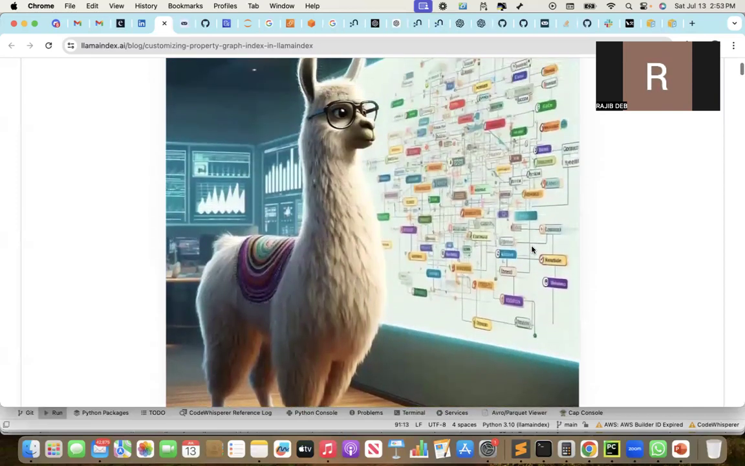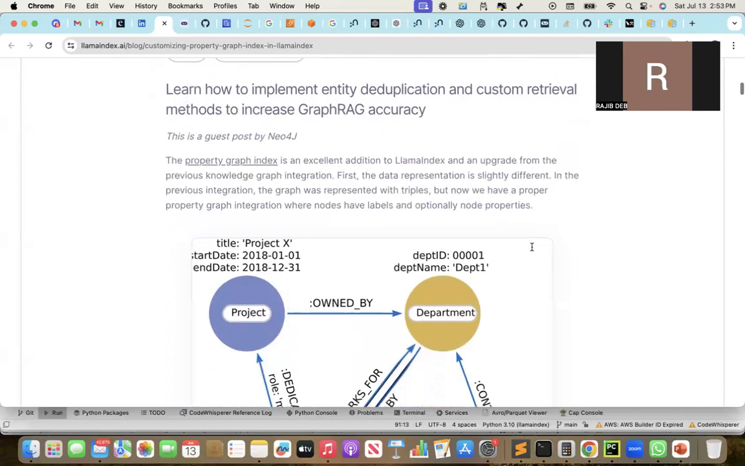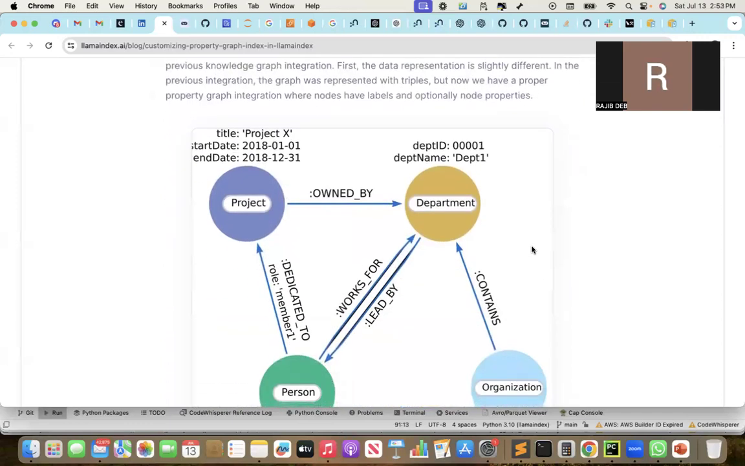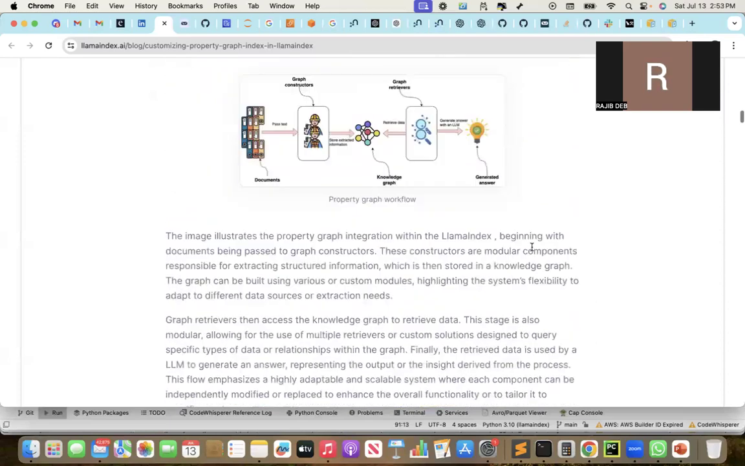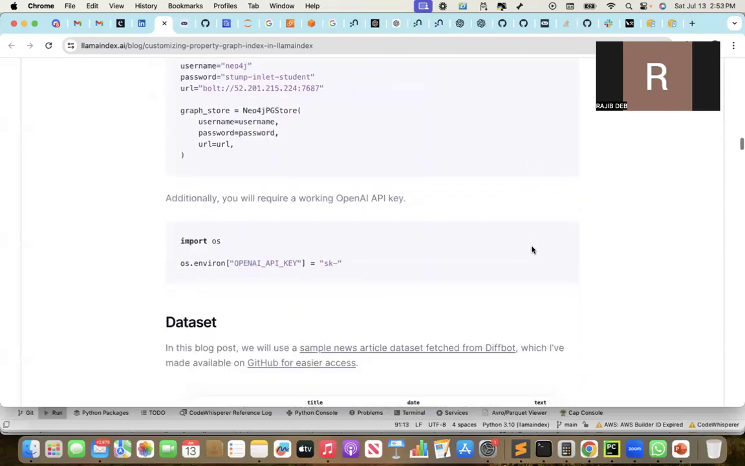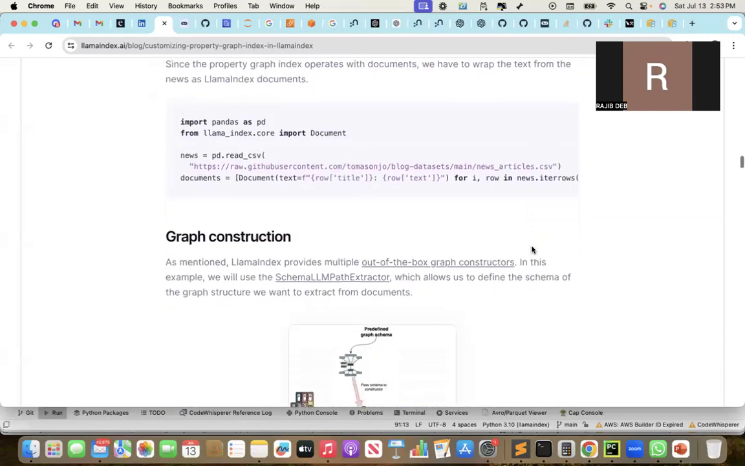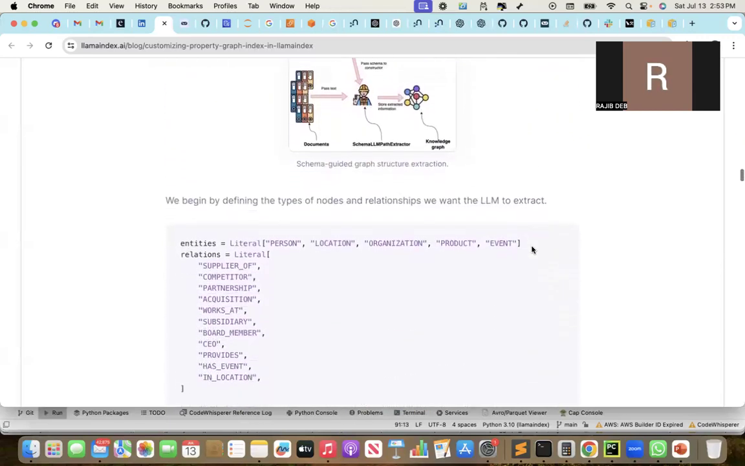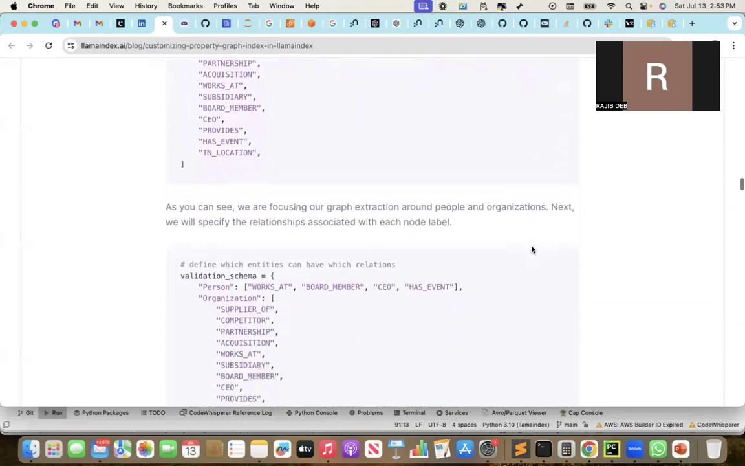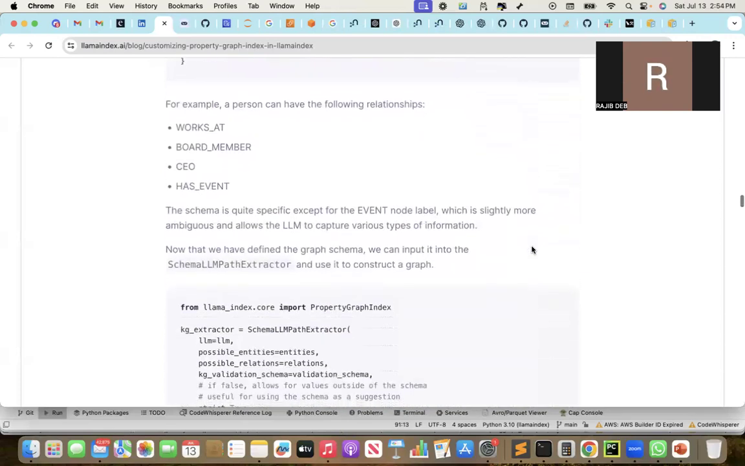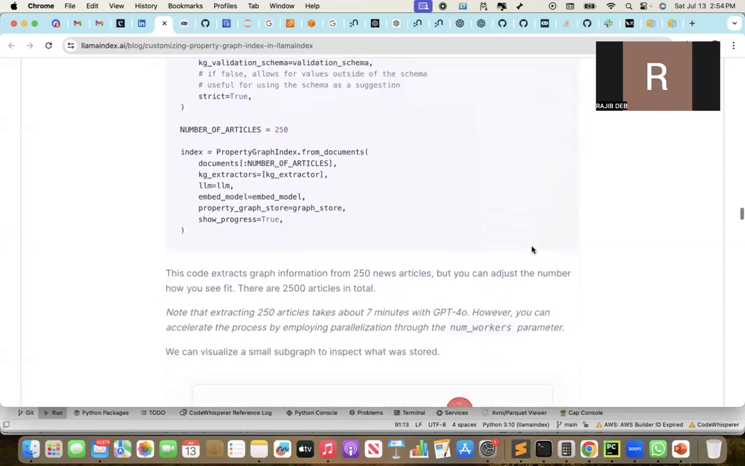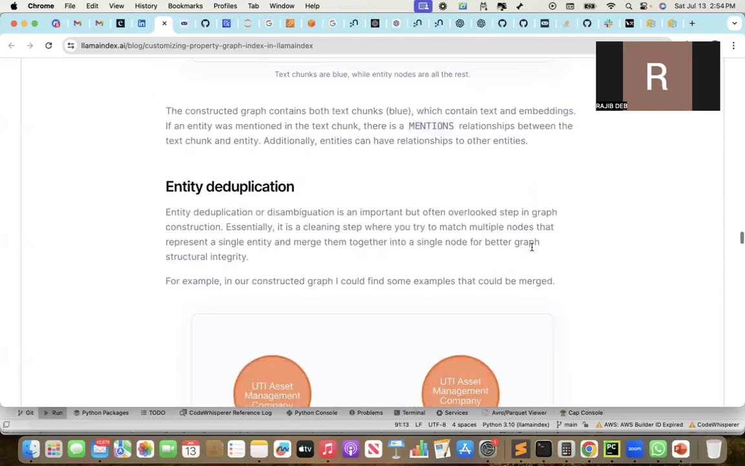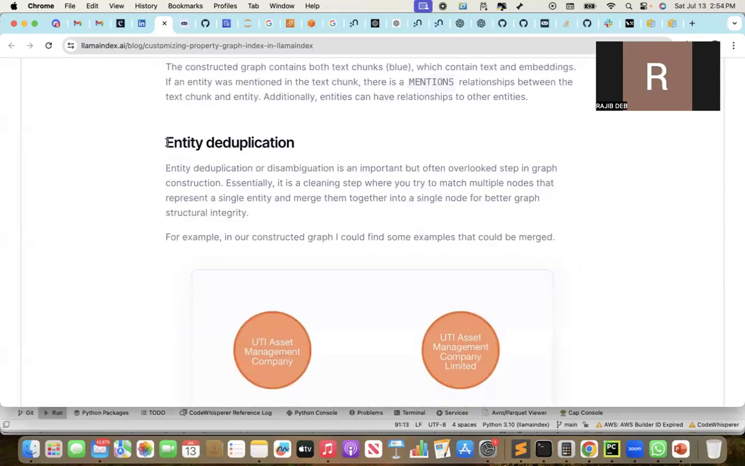So in this blog in LlamaIndex, they explain how they create the knowledge graph, right? And then finally, they also talk about the code that does the deduplication. Now, when I was going through it, what I noticed is that the deduplication part, which starts from here, is not adequately explained in terms of how they do it in the code. So today I went into the code and understood